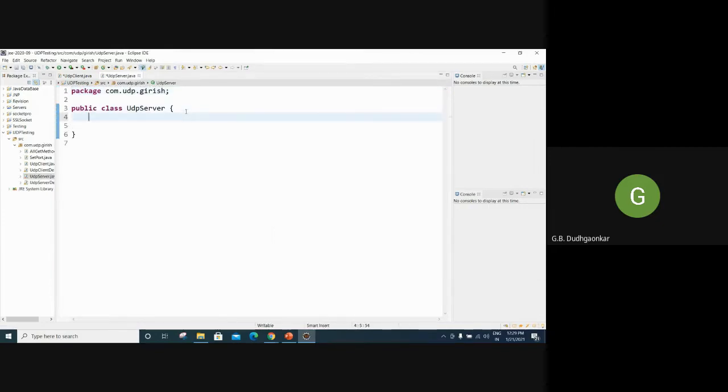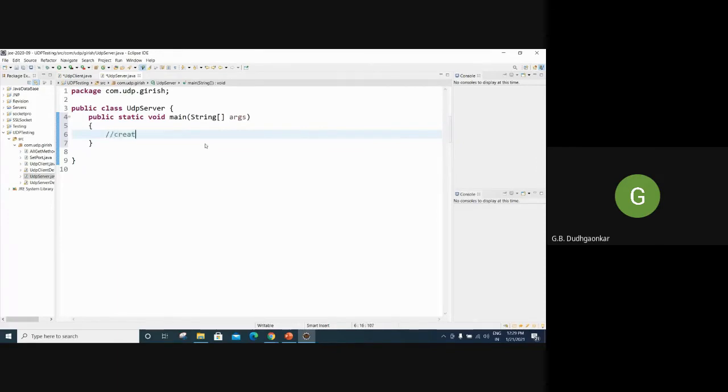Okay, now here also we have to use public static void main. Now here also we have to create the socket first.